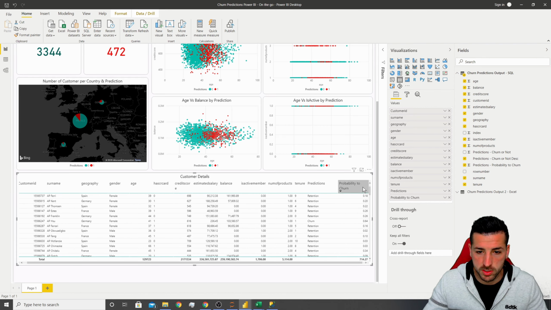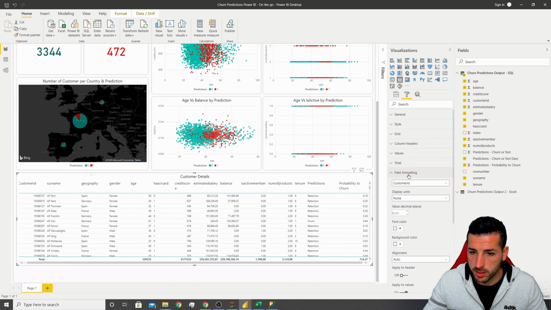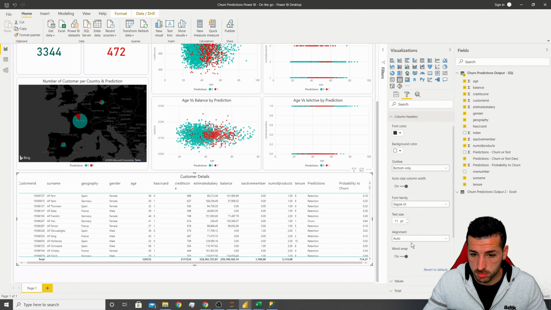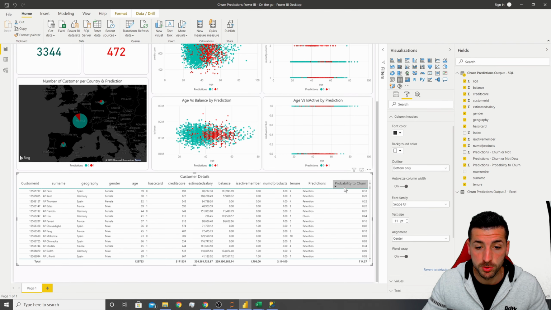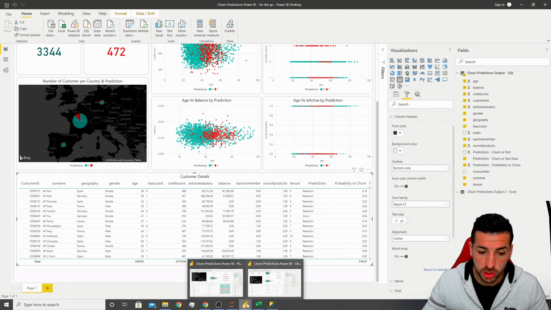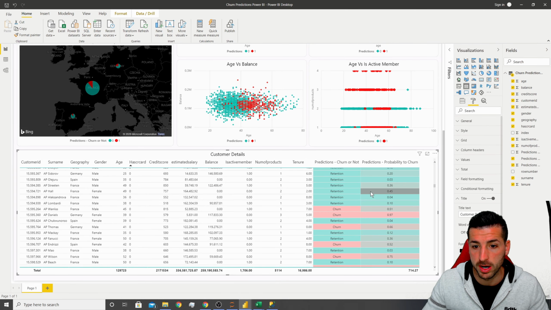There we go. You can see we have more space now. And also I'm going to align the column headers to be in the middle, so here I'm going to put it in the center. Right, the last thing we have to do now is to add some conditional formatting rules like we have over